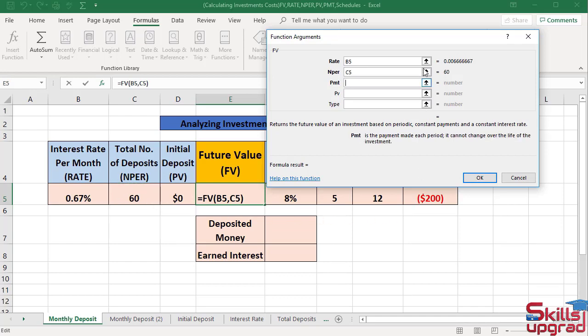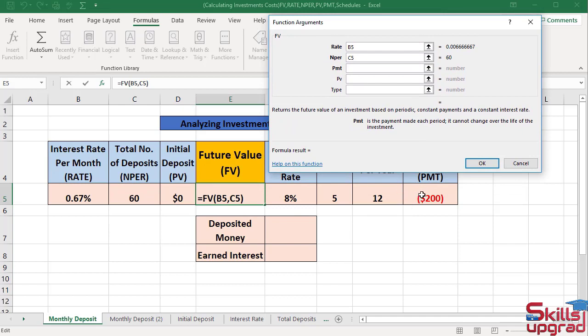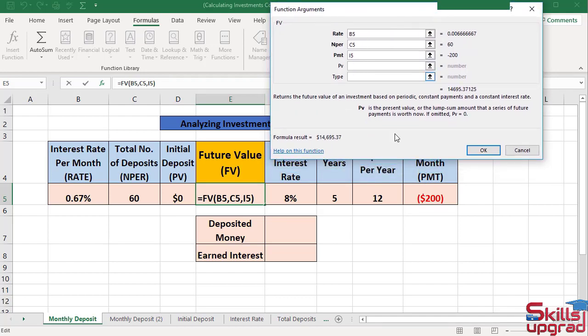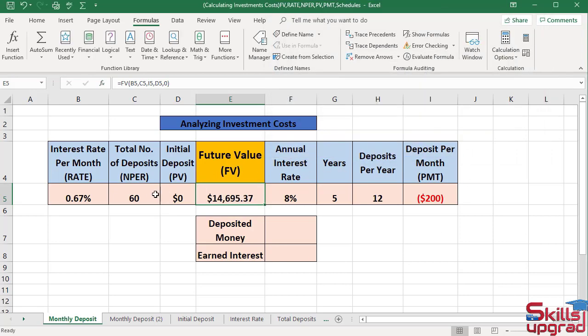In PMT box, select this cell reference, press tab key. In PV box, select this cell reference, press tab key. In type box, type 0. Click OK. I have deposited money